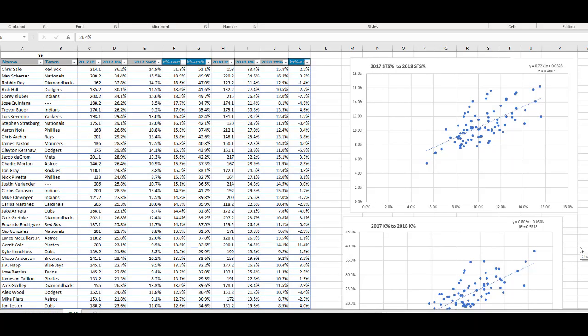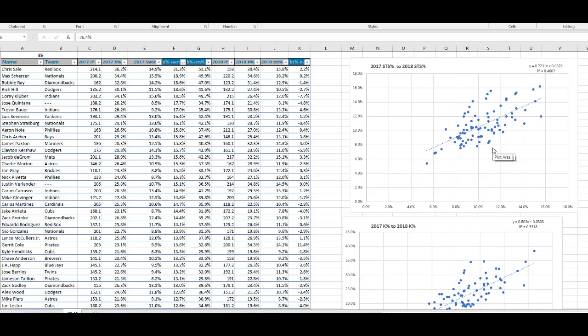Okay, let's take a look at 2017 to 2018 swinging strike percentage. The way the chart works, these dots identify spots on the X and Y axis. This is Max Scherzer's. We'll take a look at Max Scherzer's swinging strike rate in 2017. That's 15.5, so you can see that on the X axis. And then in 2018, it's 16.2. You can see that on the Y axis. So pretty easy. And it maps out all of the 85 pitchers,